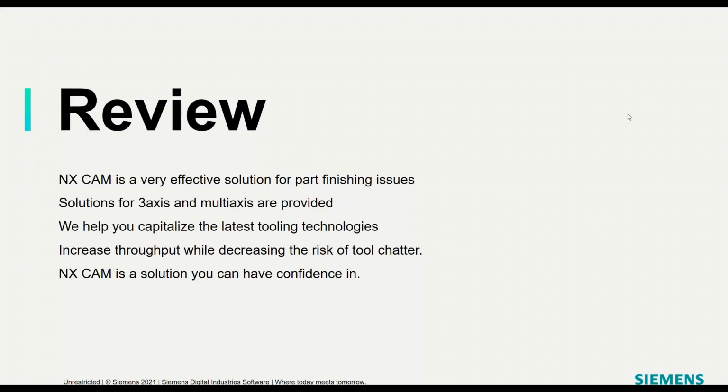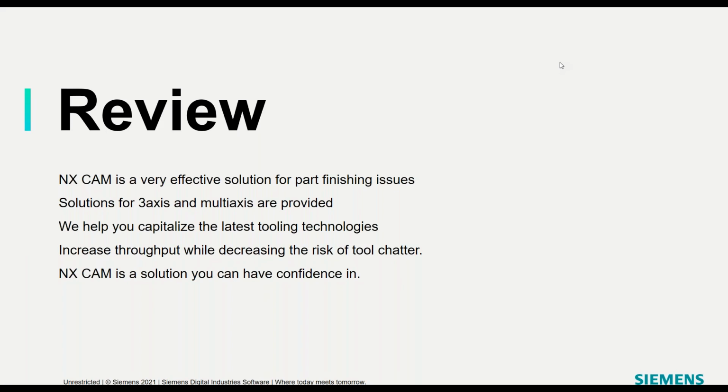Okay, here's a quick review. I've shown you that NXCAM is a very effective solution for solving part finishing issues you're having in your shops. We've gone over the solutions that are applied for both your 3-axis mills and your multi-axis mills. And of course, that can also be translated into mill turns if you happen to be using them.